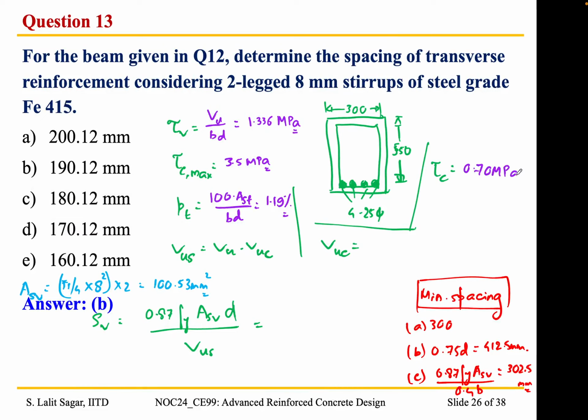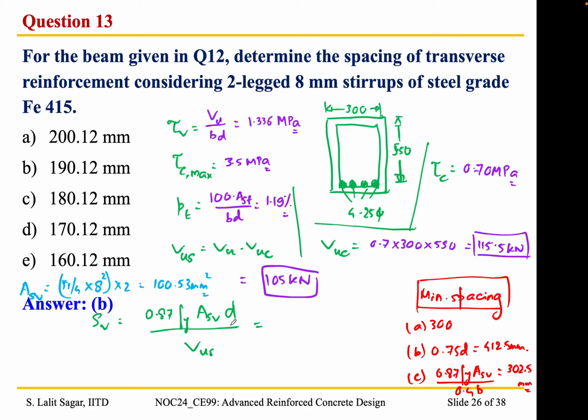right? So Vc is tau c into bd, 0.7 into 300 into 550, so I got a value of 115.5 kilonewton, right? So Vus is Vu minus Vuc, so 220 minus 115, that came out to be 105 kilonewton,